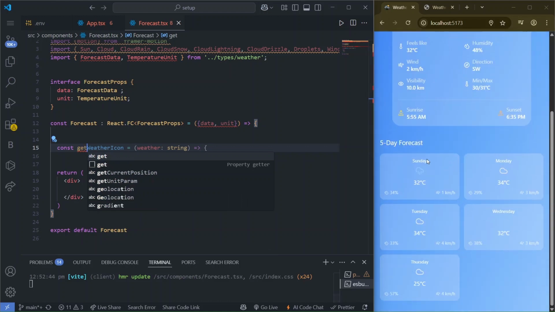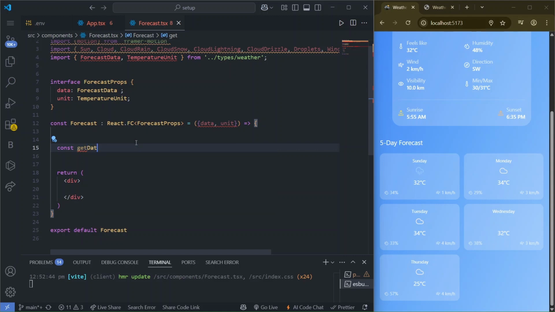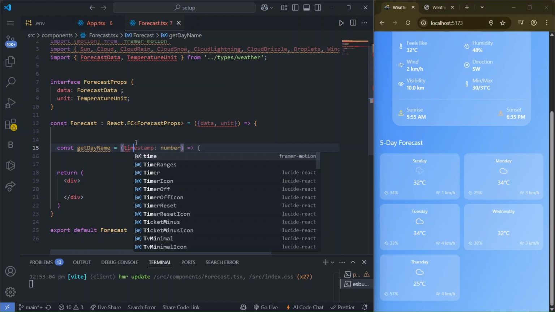So in the forecast you can see Sunday, Monday, Tuesday and Wednesday. To get that day we will create a helper function. So getDayName, in this we will pass the timestamp as a string,